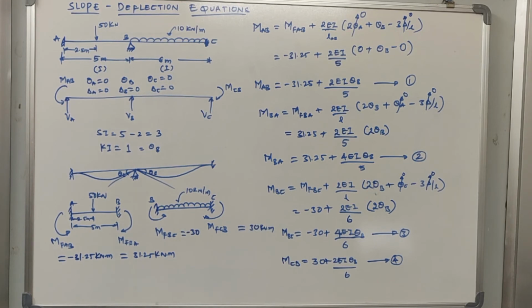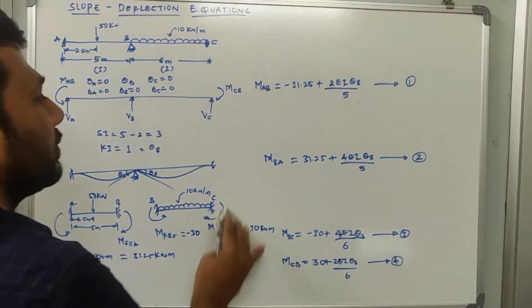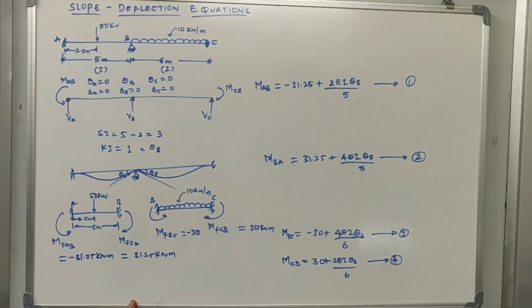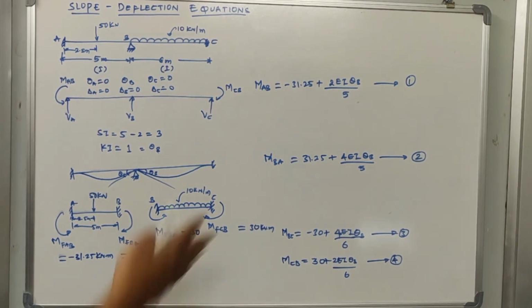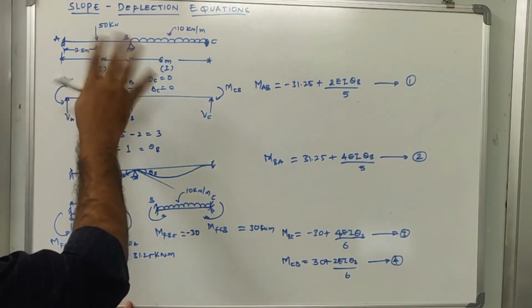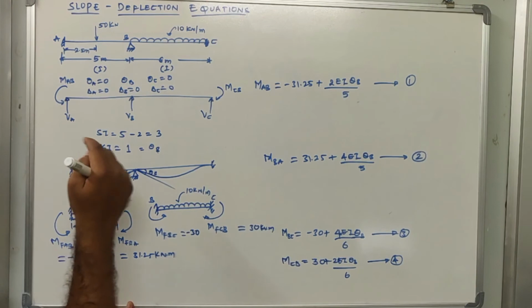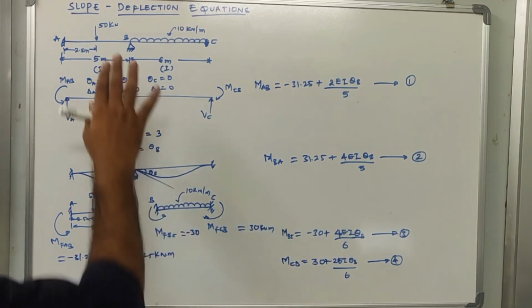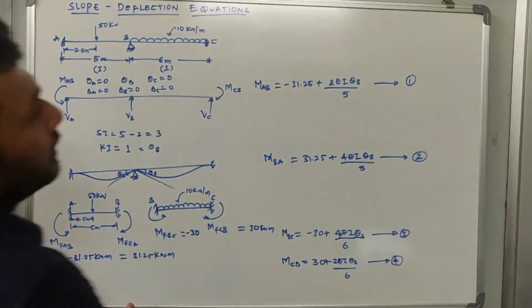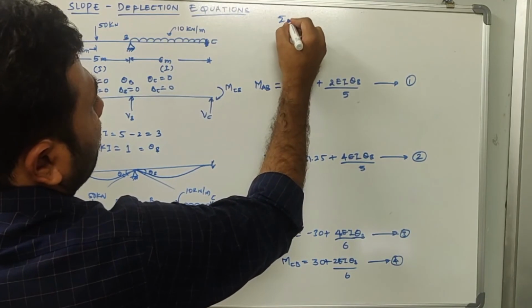So once you have written this completely, you just message me so that I can continue to solve this. I hope you all have written this equation. Now the next part to solve this is again to go back to our original structure and try to understand the equilibrium conditions. There is one equilibrium condition that I would like to apply, which is called summation of moment